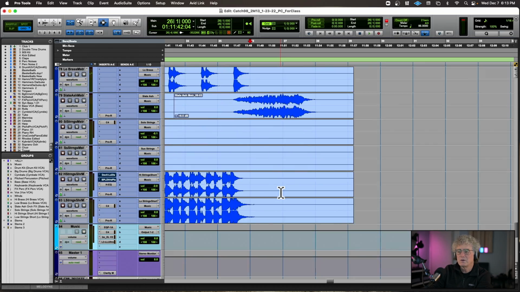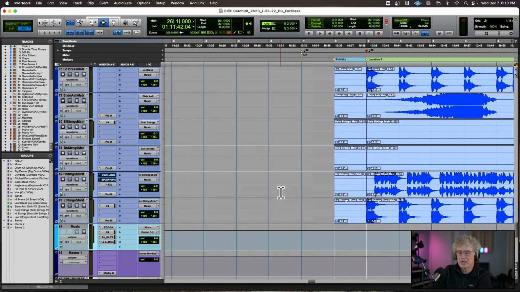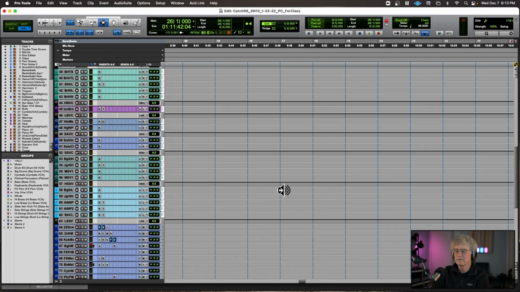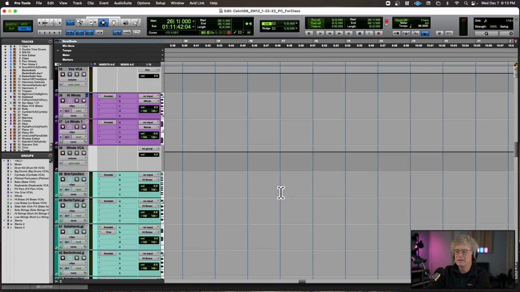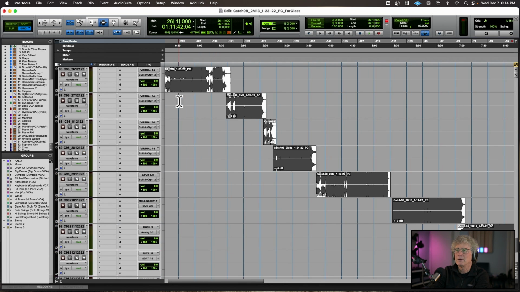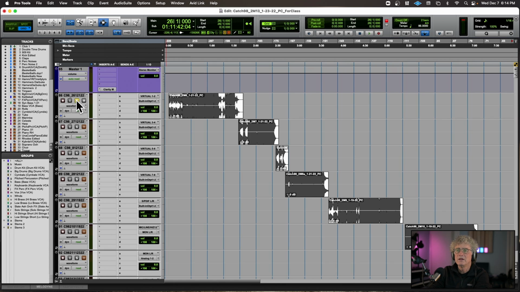All right, so one other thing I wanted to talk to you about and show you here is that if we look down here on the bottom, I've got all these tracks here. So this is when, as I'm writing and composing, I'll put the previous cues onto the timeline. And this way I can get a sense of how the cue fits into the big picture very quickly. And that's just a stereo mix.